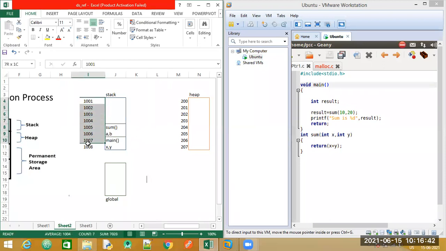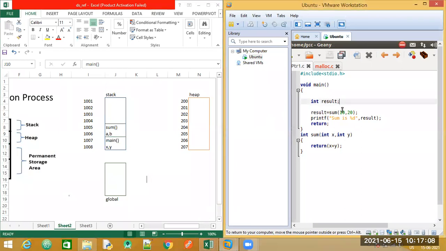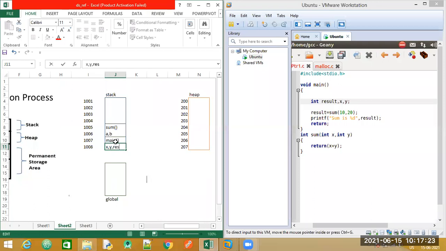These are your memory addresses. Then this rectangular section is called the stack. Here I have drawn a line to distinguish between the variables and the function calls. First, the main function will take up some memory space. Say inside this main function you have some more variables, x and y. So x comma y is taken up here. You also have the variable result, so even result will be added in this section. They are taking up the memory space.